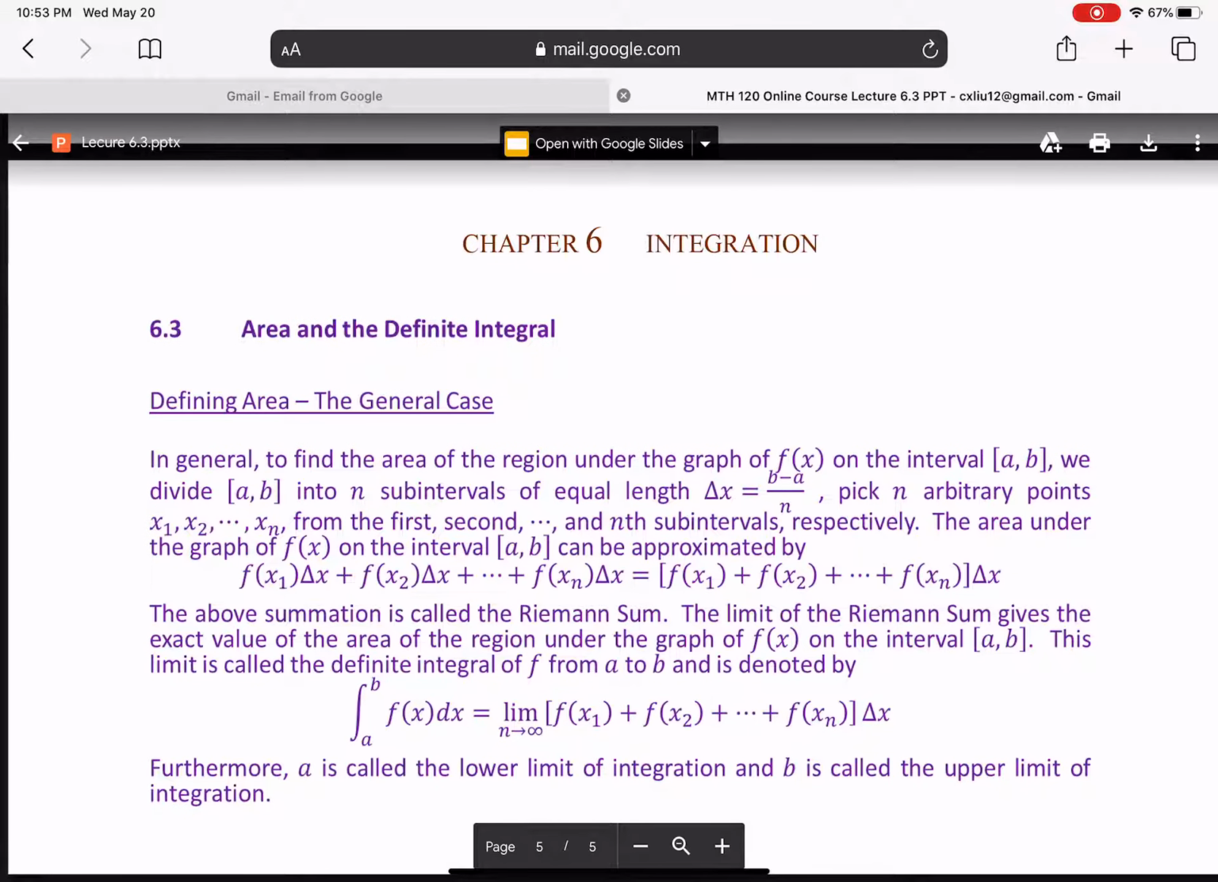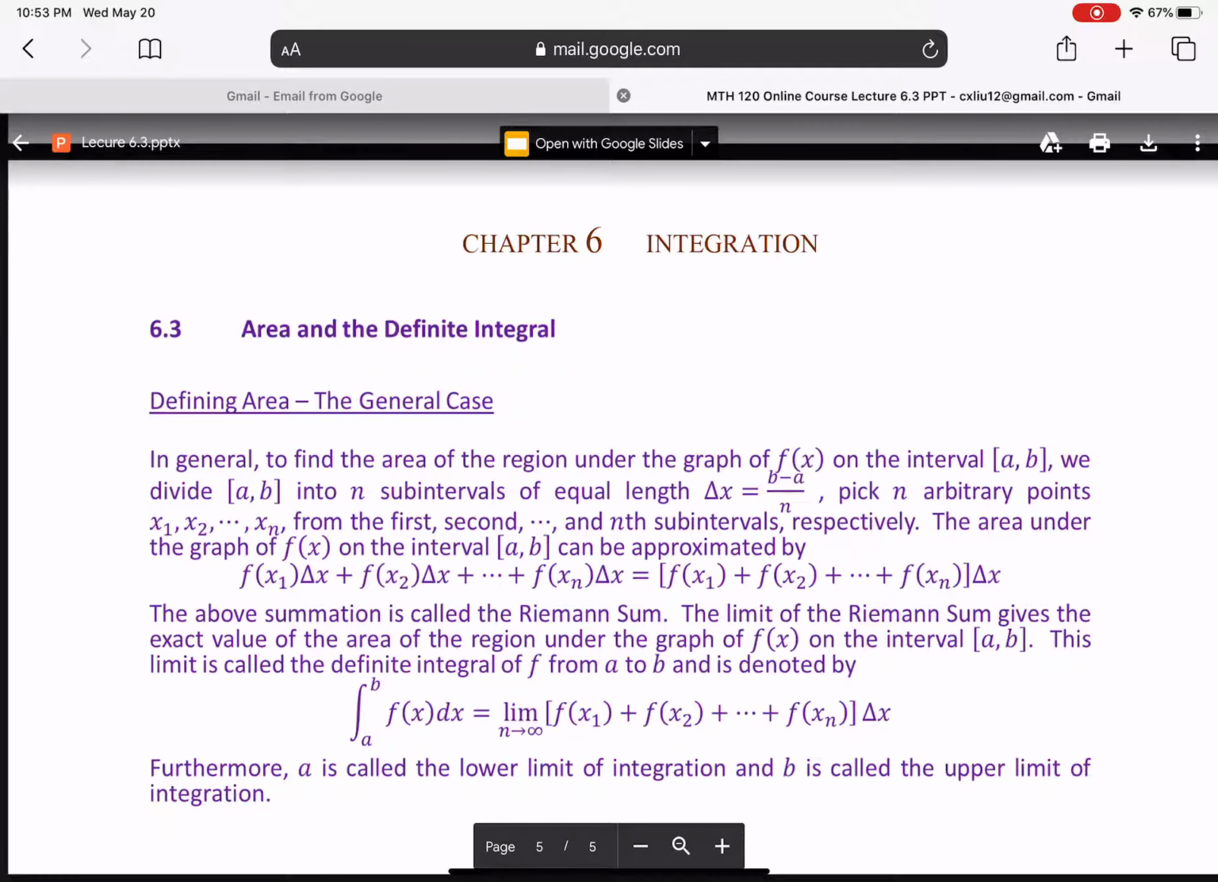All right, so we can generalize this idea to more general functions. In general, to find the area of the region under the graph of f on the interval from a to b, we divide the interval from a to b into n subintervals of equal length delta x equal to (b minus a) over n. And then we pick arbitrary points x1, x2, x3 to xn from the first, second, third, and the nth subintervals, respectively. So you just pick any point in each subinterval, and then evaluate the function at those points and use the y coordinates of those points as the heights of the